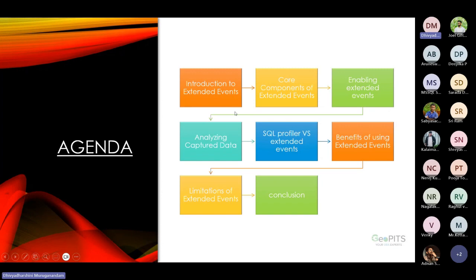And here's the agenda. Introduction to extended events. We will begin by laying the foundation with an overview of extended events, explaining what they are and why they have become a preferred method for monitoring and troubleshooting in MS SQL environments. And then core components of extended events and enabling extended events, like how to create sessions, and analyzing captured data,